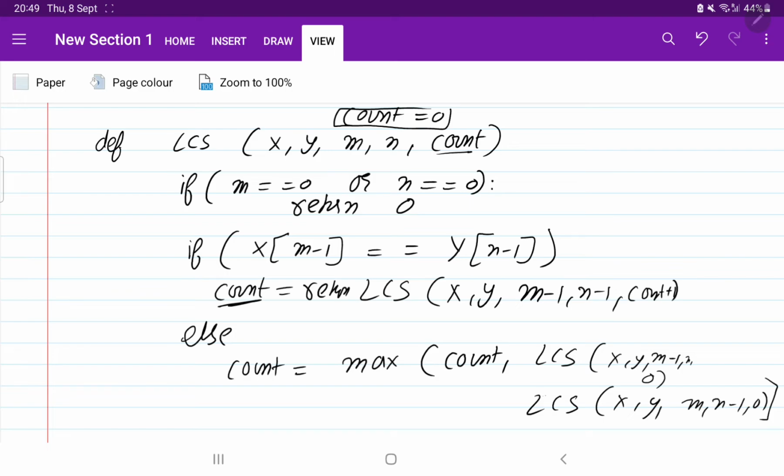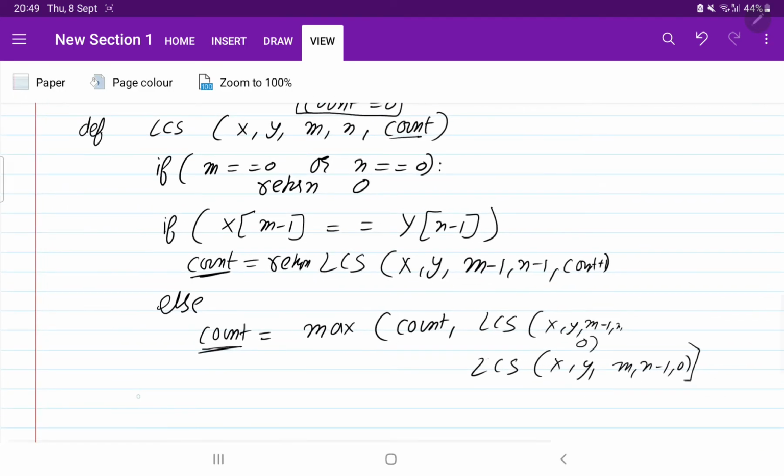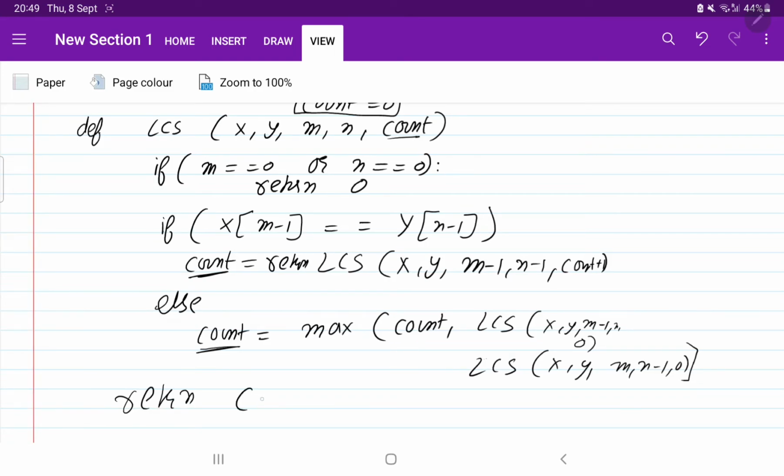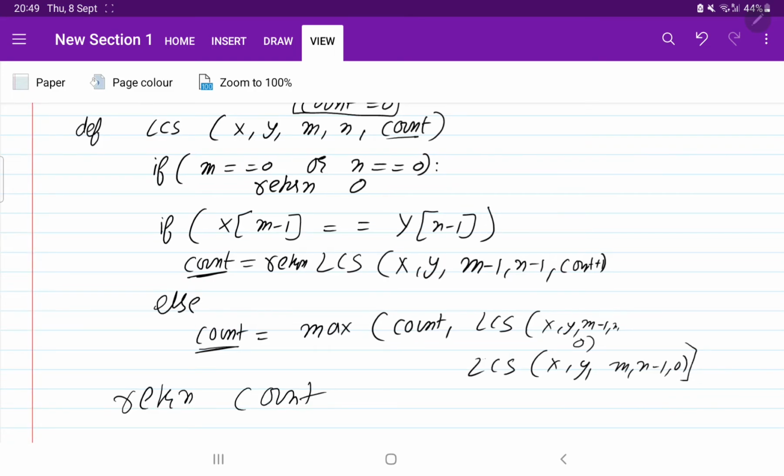Perfect. Then we store this count and return the count. This was the recursive solution.